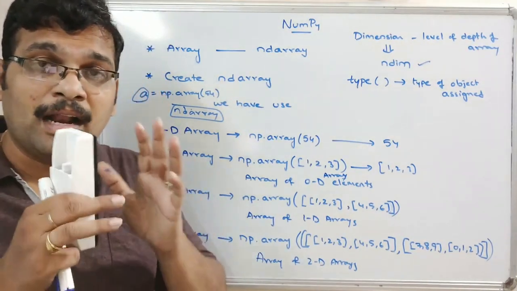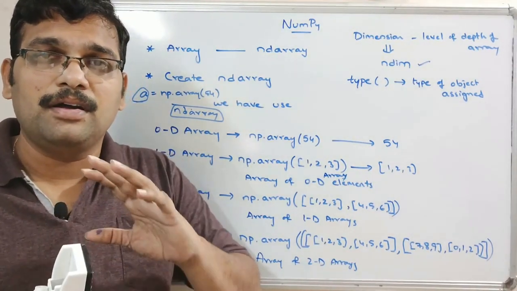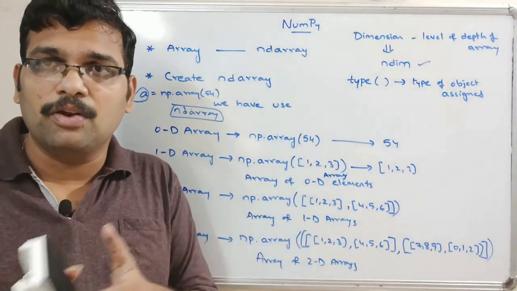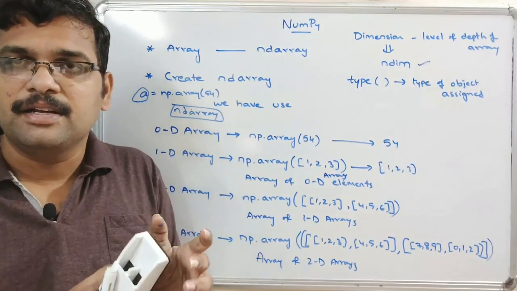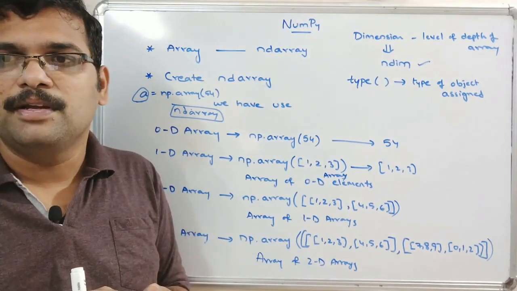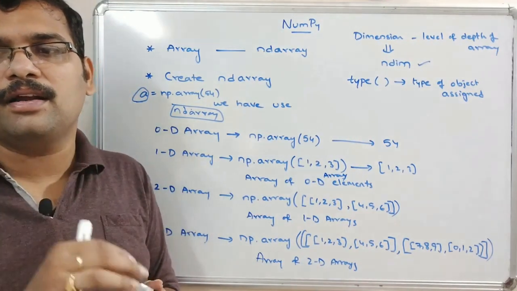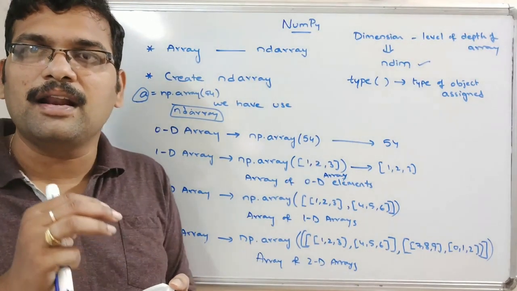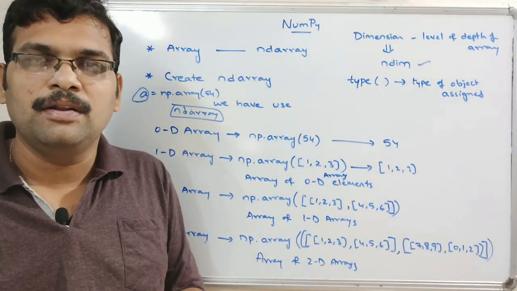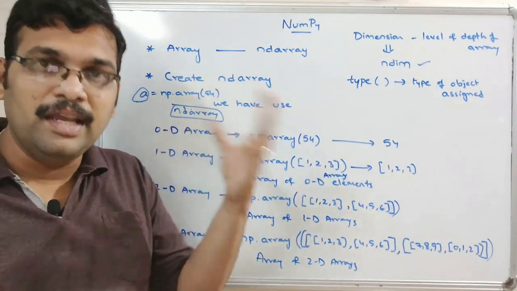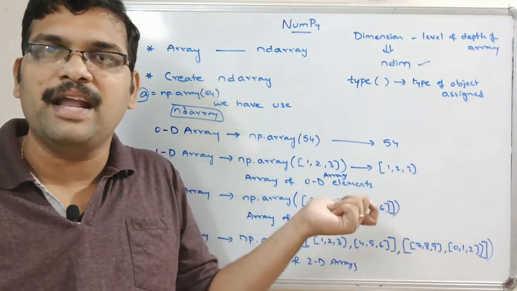So once again I am repeating the things. NumPy is numerical Python. It provides the complete functions to work in the domain of mathematically oriented concepts like linear algebra, like Fourier transforms and matrices. The major thing is the arrays concept. NumPy is used to create an array object in order to work faster than the regular list. So list we have already covered. In order to make fast execution, we will move on to this ndarray. So here in NumPy, array will be represented as ndarray. ndarray means the n-dimensional array.